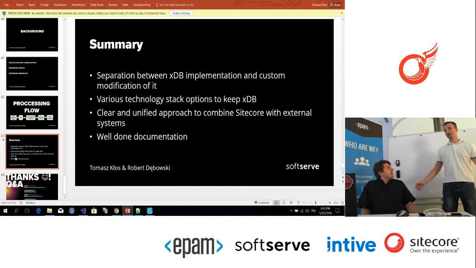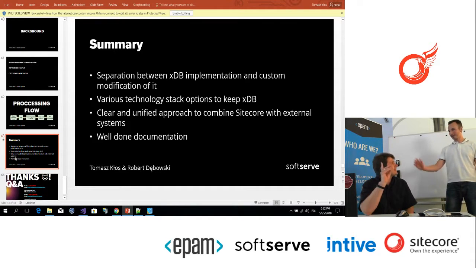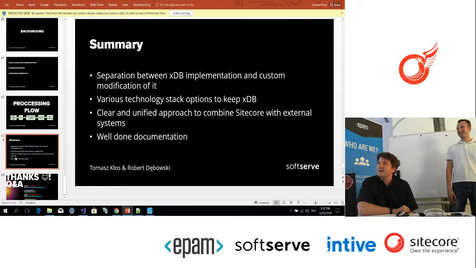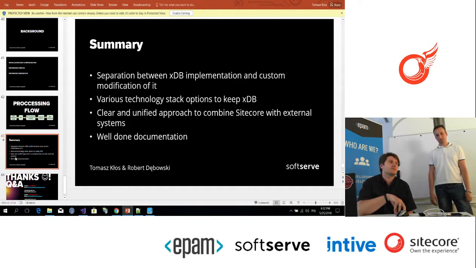From our side, I can add one more thing. Now that we have this generator and we have some test data, all the data are exposed through these REST services, so we can easily read them in external systems like Power BI or Elasticsearch, and it will be easy to present this analytics data in other systems. Yeah, Power BI is a great idea if you would like to show